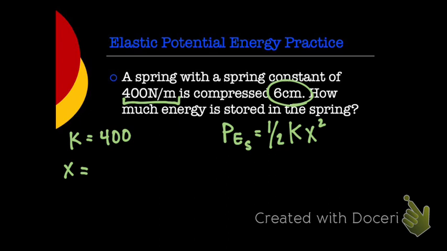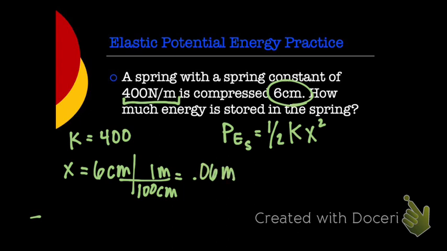How many of you were thinking that you just didn't want to say it? Oh, yeah, we need to be thinking that, right? Centimeters is a red flag, so we got to convert that to meters, okay? So 6 centimeters. What do we divide by to get it to meters? 100, right? 100 centimeters is 1 meter. So that means it becomes 0.06 meters.